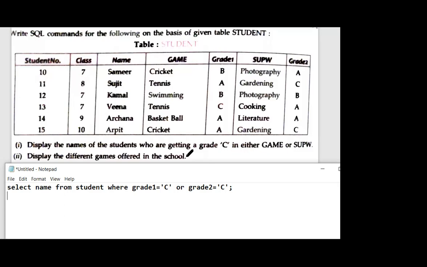Vanshika correct. Vivina correct. Very good. What about other students? Anshika wrong. Karan correct.